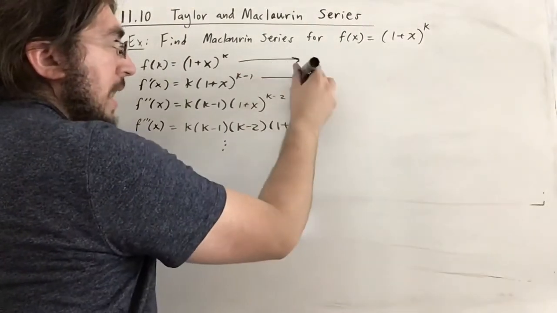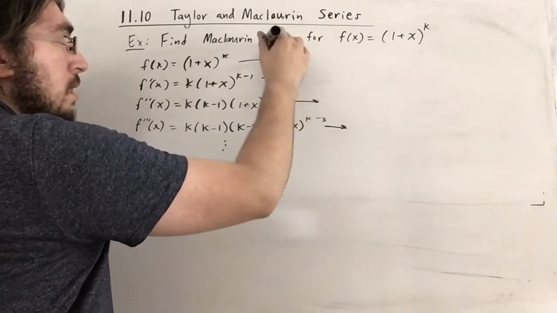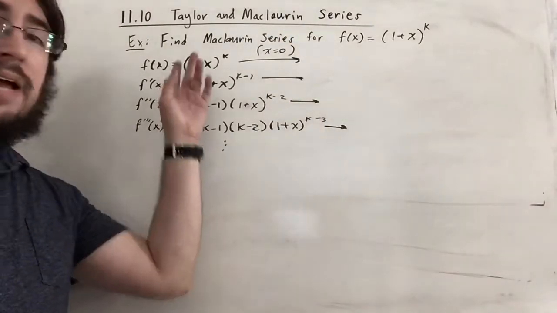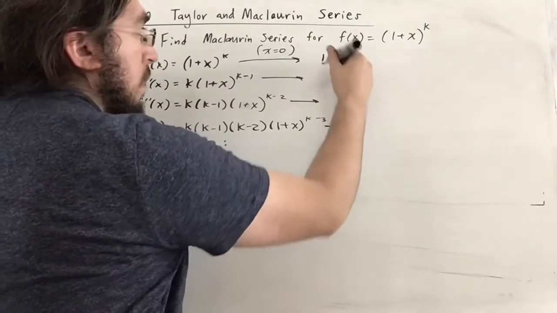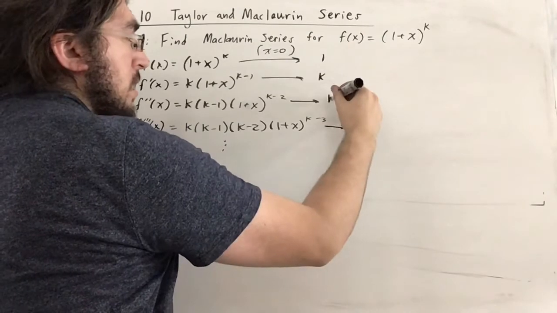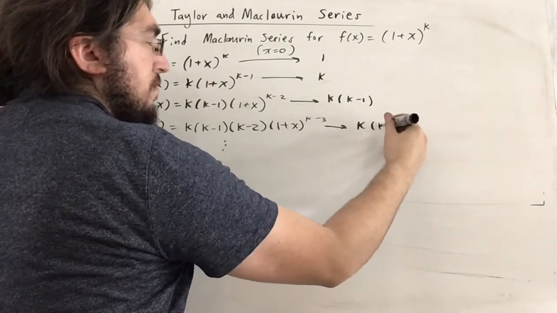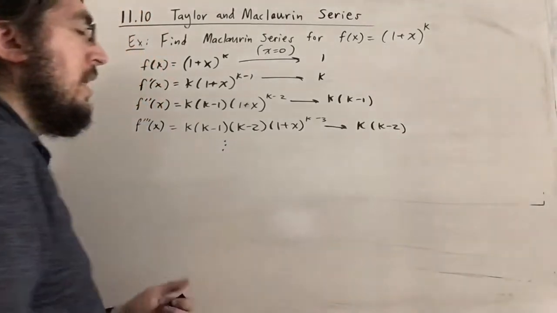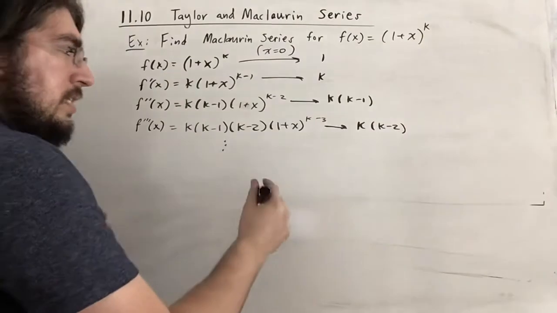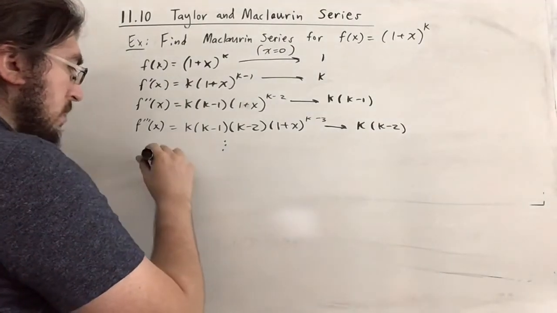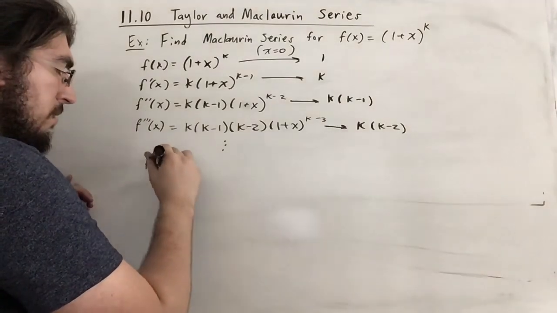Now if we let x equal 0 because we want to do Maclaurin series expansion here, well, notice when x is 0, we just have the base being 1, and 1 to any power is 1. So for the first one we get 1, for the second one we get k, then k times k minus 1, and then k times k minus 2. Perfect. And moreover, let's just say this, in general, the nth derivative evaluated at 0